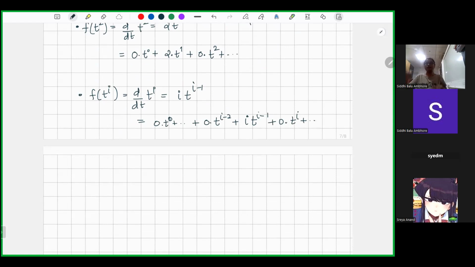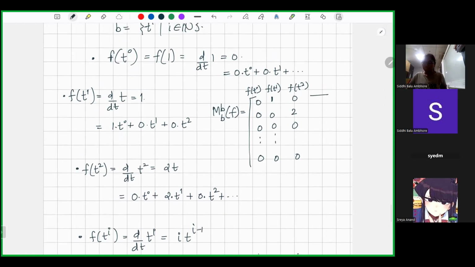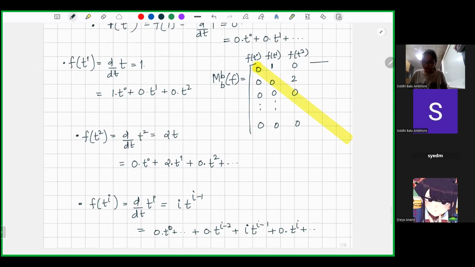So if I look at this diagonal, the 0 diagonal in the middle, above this diagonal I have i. In the ith column,